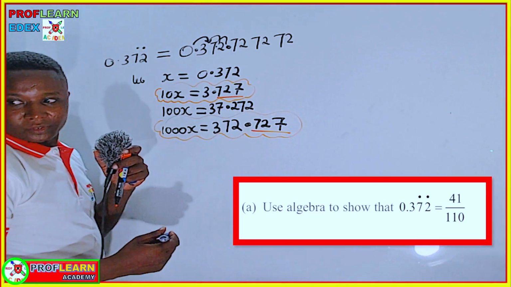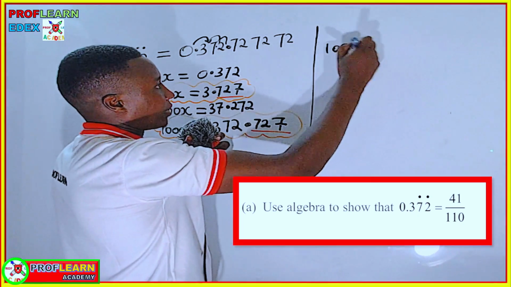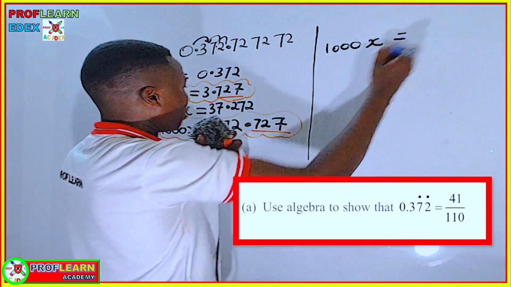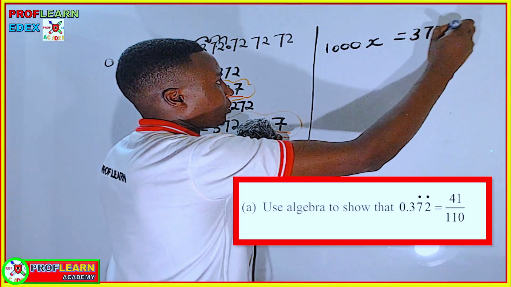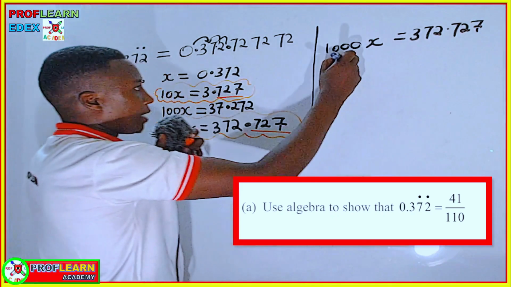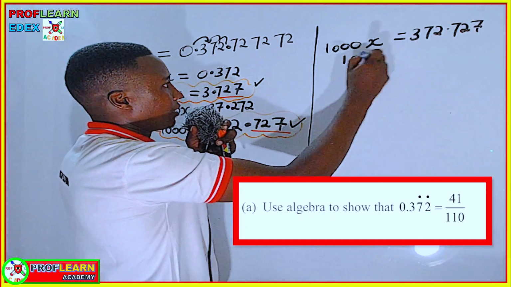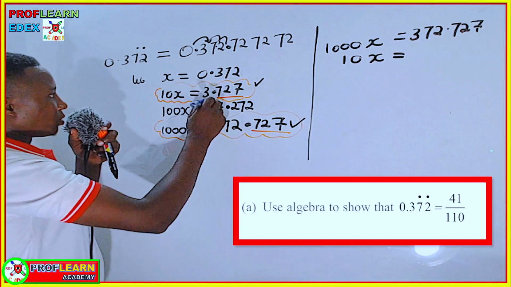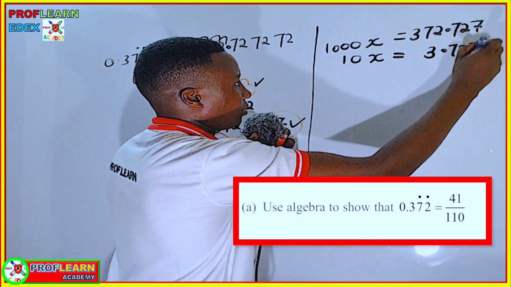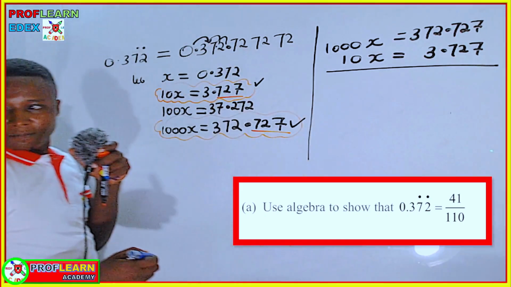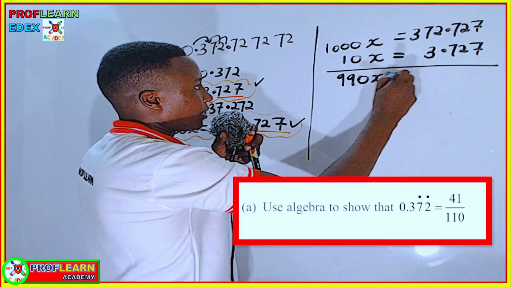And how are we going to do it? We say that 1000x is equal to 372.727, and we have already written that 10x is equal to 3.727. Then we are going to subtract the two. Once you subtract the two, this is going to translate to 990x is equivalent to